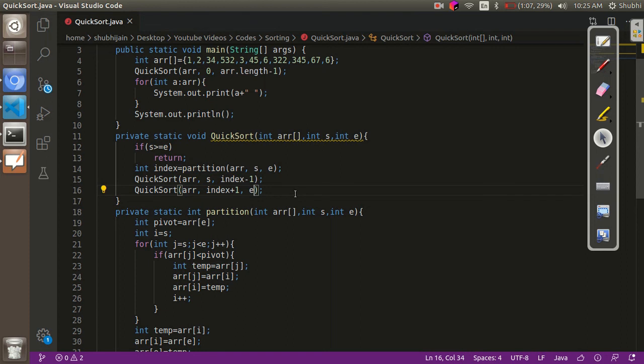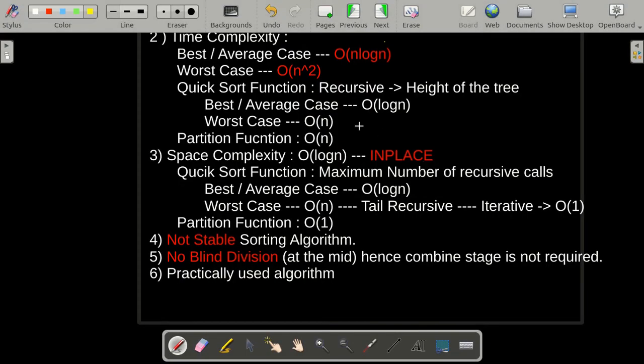As the function does not remain recursive, no stack space is used, and the stack space is of order of 1, so it is still an in-place algorithm. We know that the partition function works in order of 1 space, so the total space complexity is of order of log n, and hence it is an in-place algorithm.